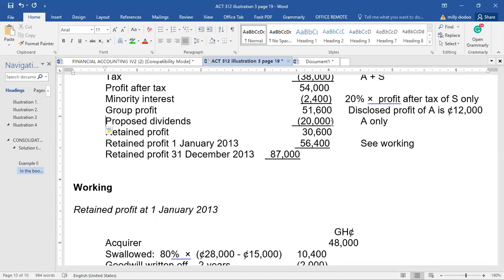So 51,600 minus the 20,000, we get 31,600. Then you bring your retained profits for this year, 56